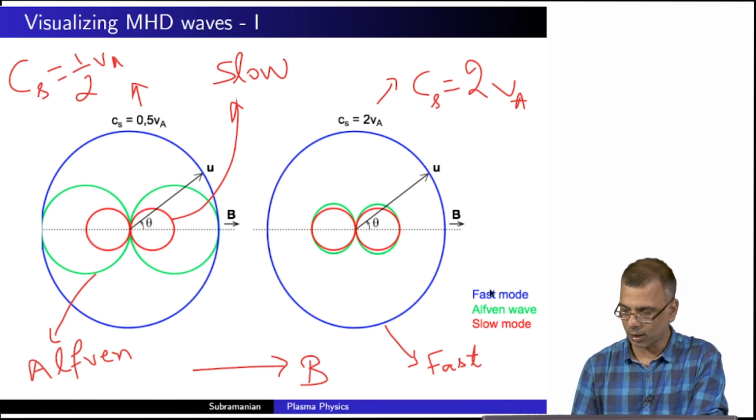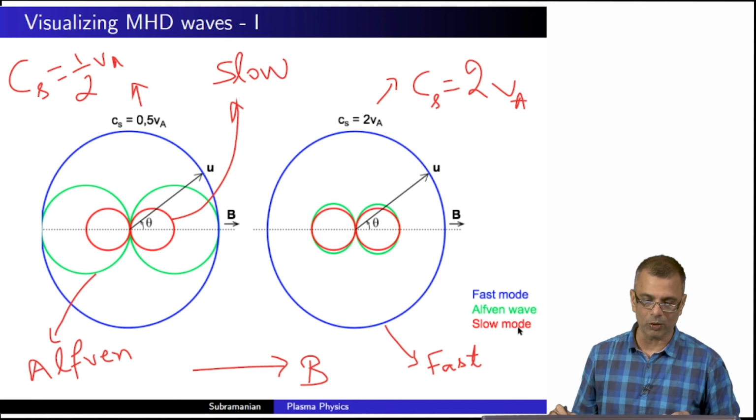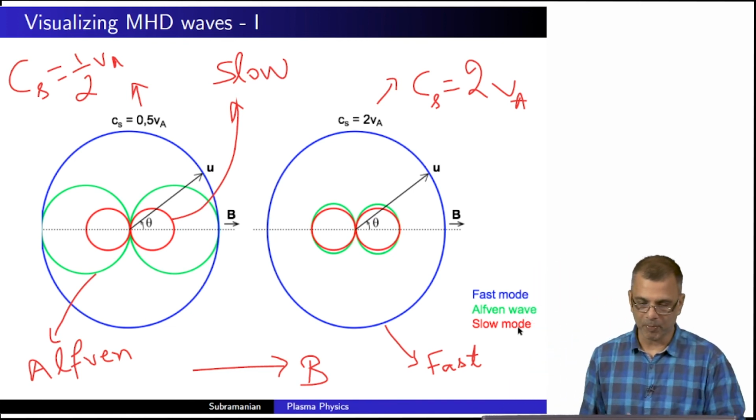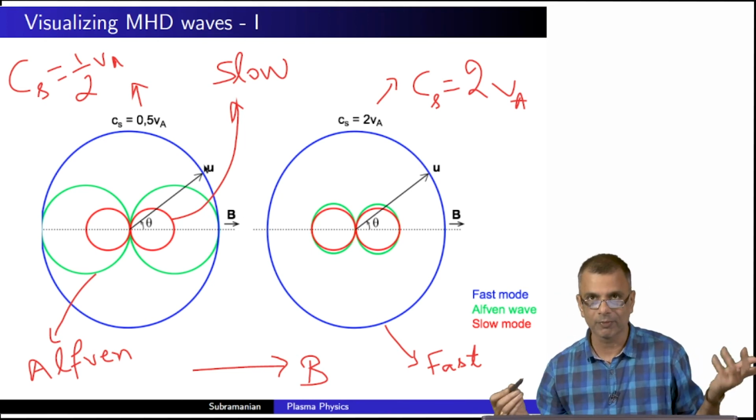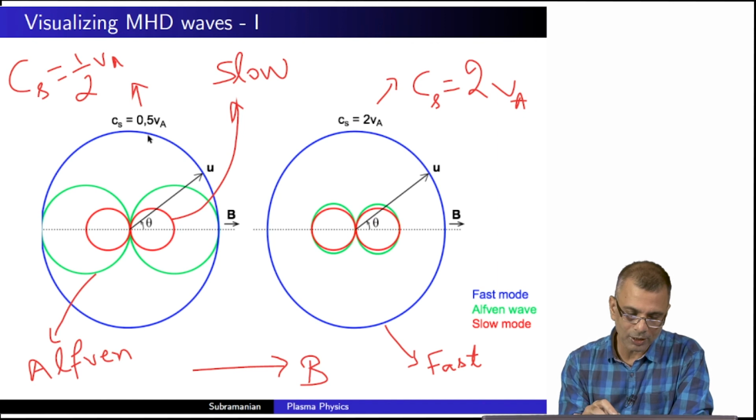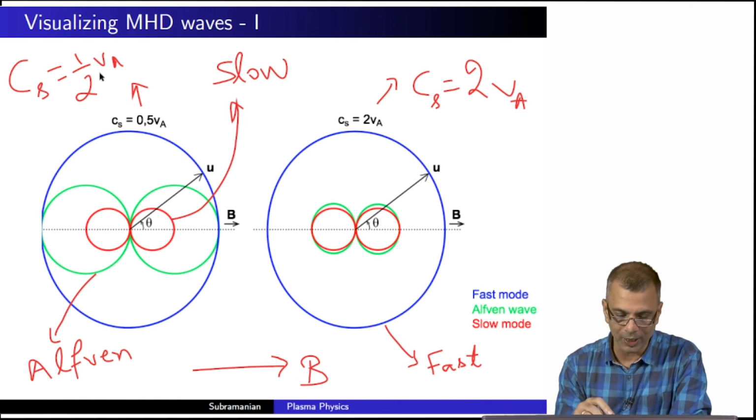Okay, that's what I've said here. The fast mode is represented by the blue line, the green line represents the Alfvén wave, and the red line represents the slow mode. So what does this say, right? And theta is essentially the angle between the direction of B and the direction of propagation of the wave. Okay, so you see, in this case the sound speed is slightly lesser than the Alfvén speed,